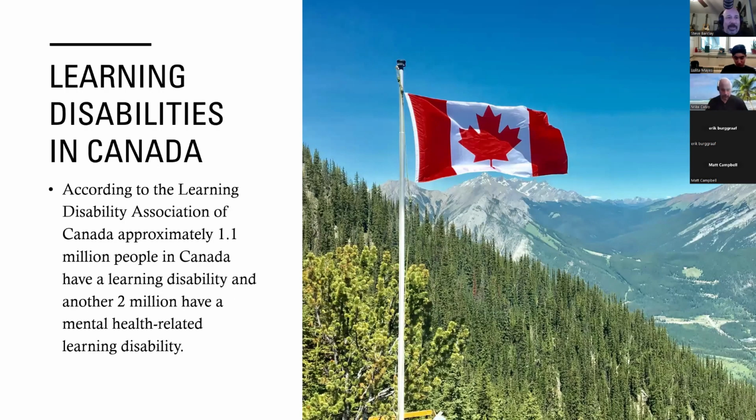And then this slide, which talks about learning disabilities in Canada, I left no alt tag on this image, so you can actually go and read what alt tag it assigned to it. So this is a picture of a Canadian flag flying over what looks like a provincial park, maybe Banff or Jasper or something. I'm not sure,